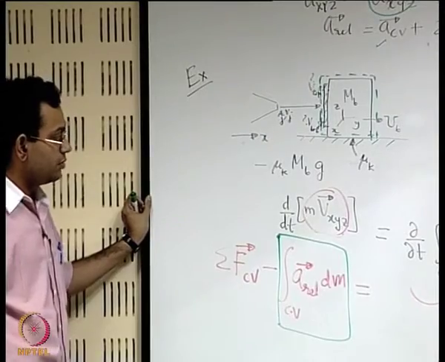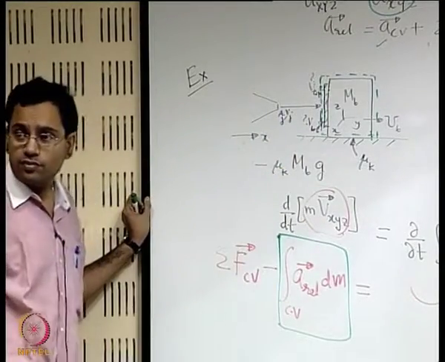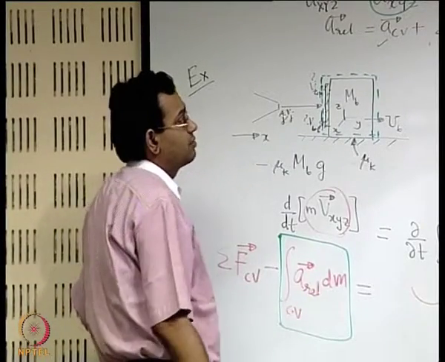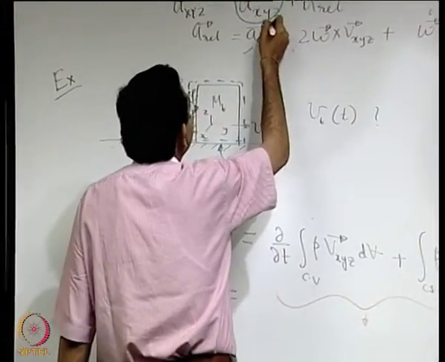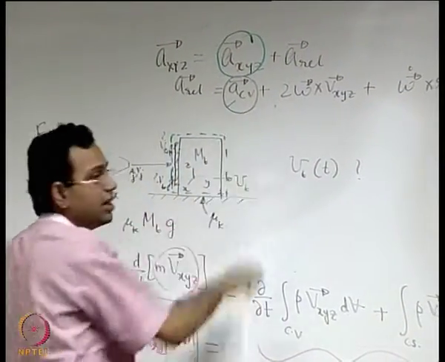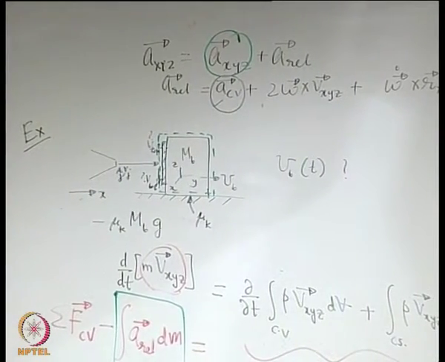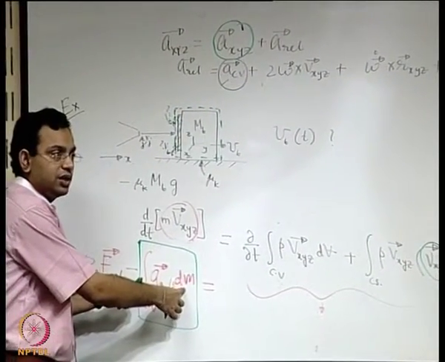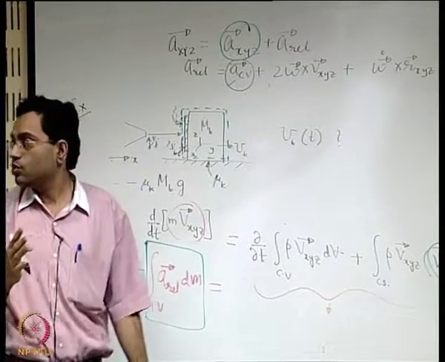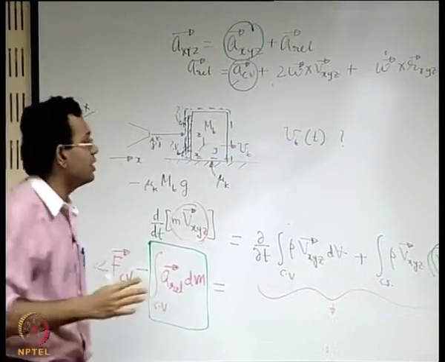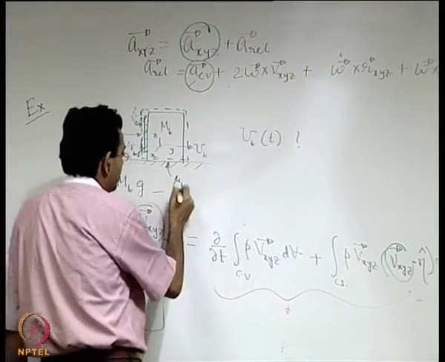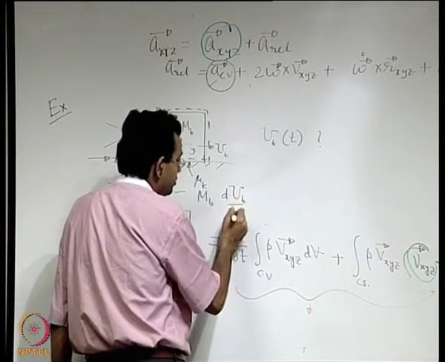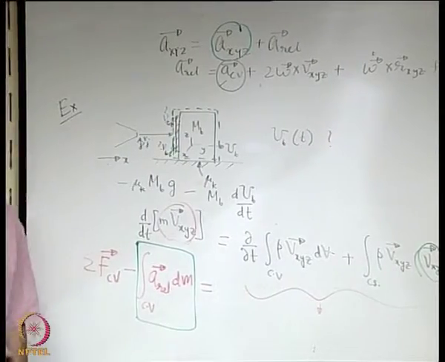Then there is no other force along X. Then what is this correction term? This correction term here is important because you do not have the omega related terms, but you have acceleration of the control volume, and here this integral will just become A relative into the mass because it is just moving like a rigid body. So all points have the same acceleration. So this will be minus mass of the block times acceleration, acceleration is d u block dt, right.